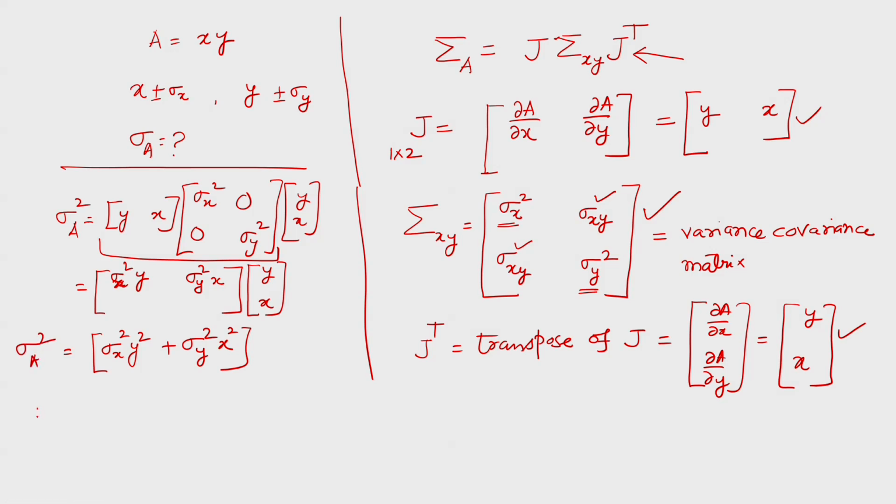You can also find out what is sigma A, that is precision. Okay, so what are x and y? They are the measured values in the field, or the measured values of room length and room width. Sigma x and sigma y are the precision here, and you will look here very carefully that sometimes I